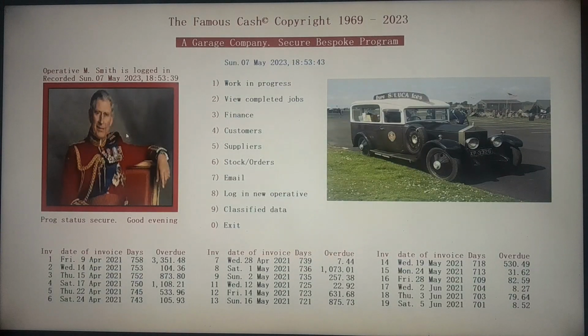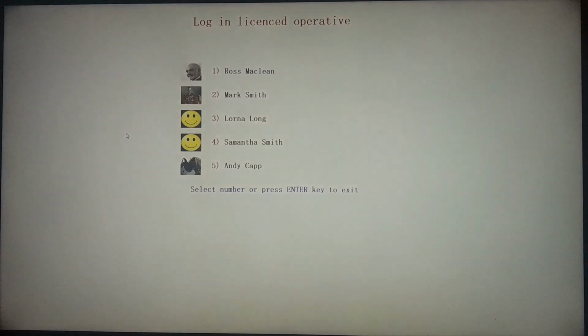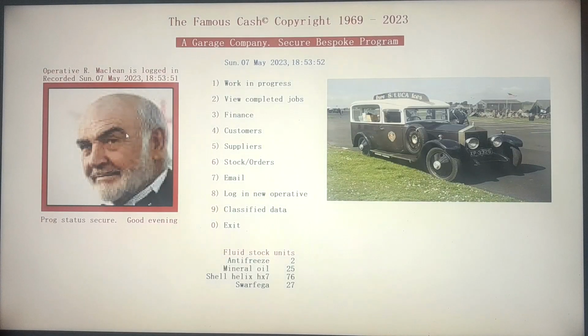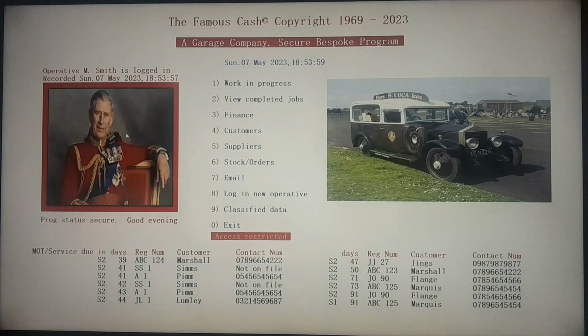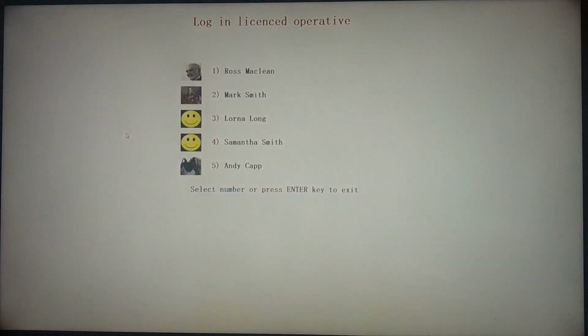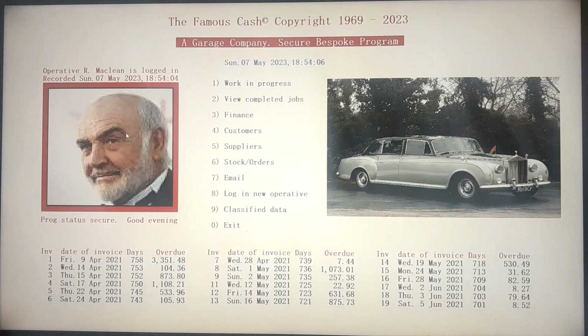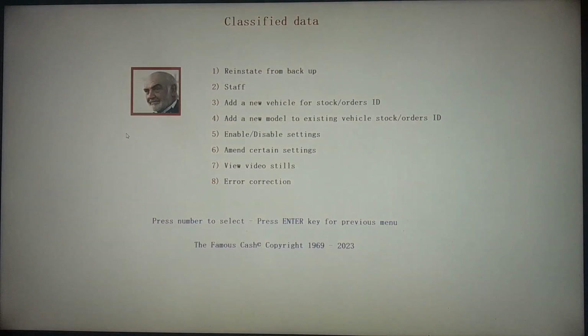employee. We can just change that back because of security reasons. Log in the first one. Then we can look at, incidentally, just to show you, if we did have that and then we try to log in, it doesn't allow that because only the first person in the list, probably the owner, is permitted to view this. You can reinstate the entire data from a backup which is made to an external drive or a